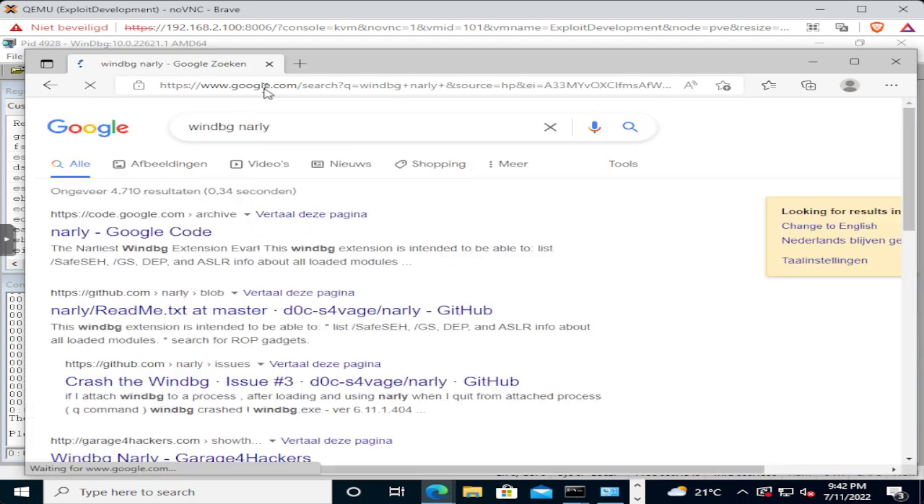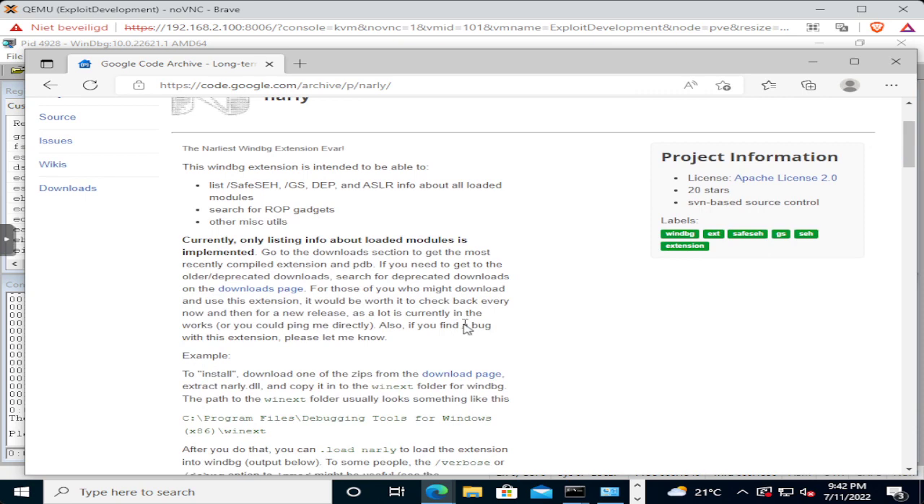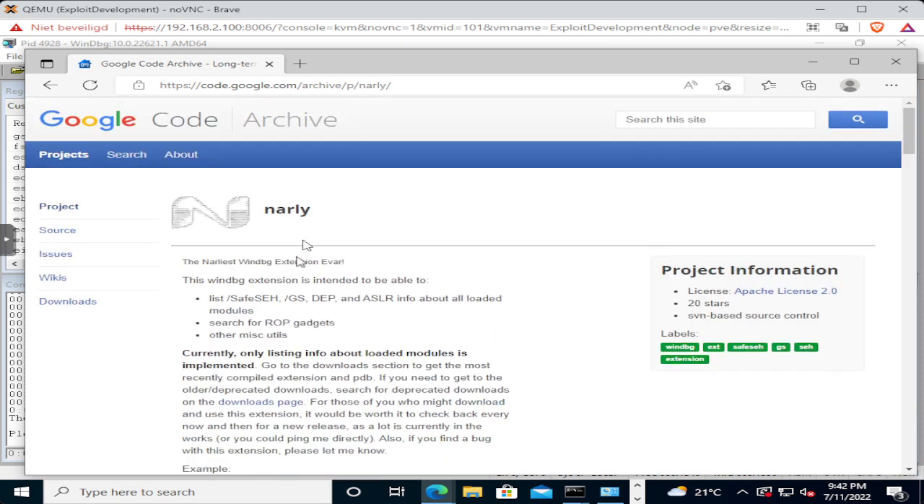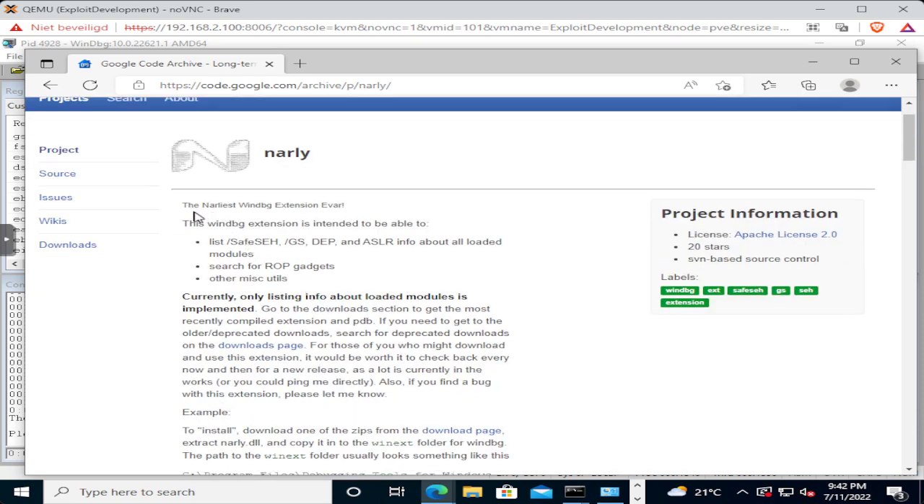and it is very nasty. Because you need to place Gnarly in the folder where Windows Debugger is. By the way, for those who are not well known with Gnarly, Gnarly is an extension in Windows Debugger that can help you with finding ROP gadgets, for example, and it can also display the protections that are in place